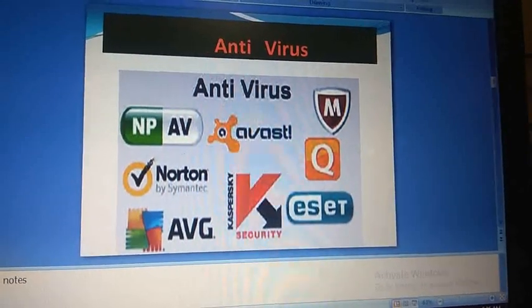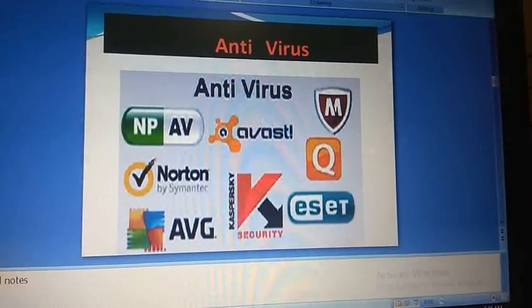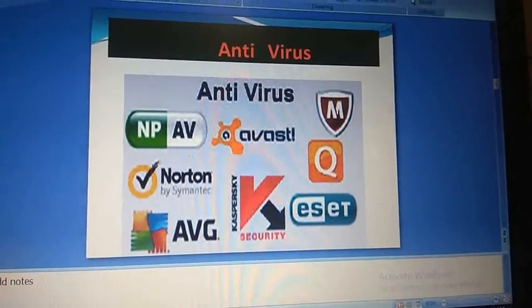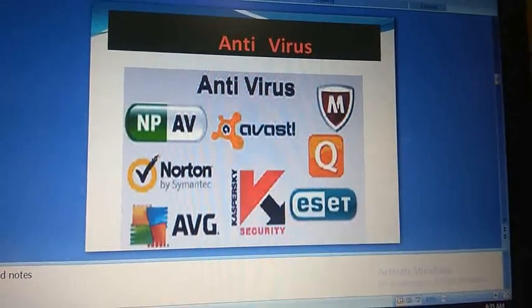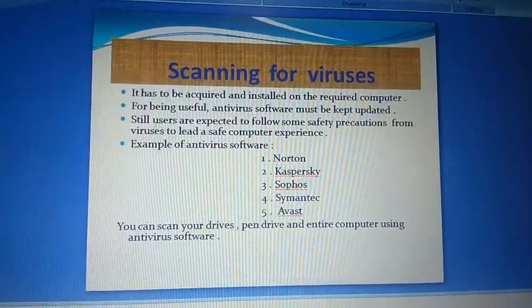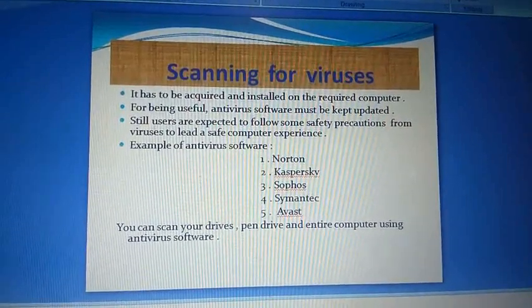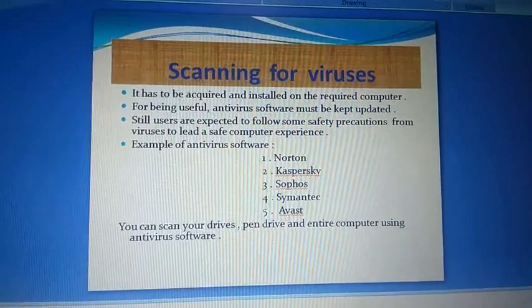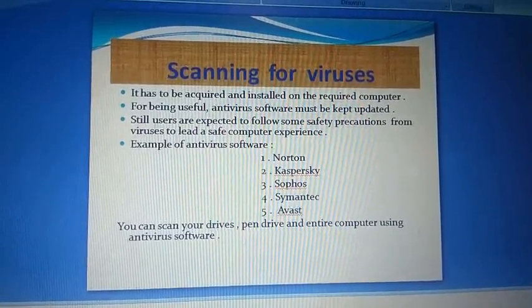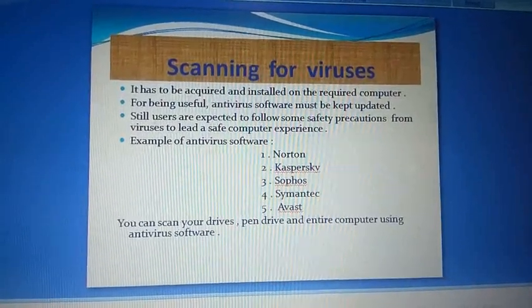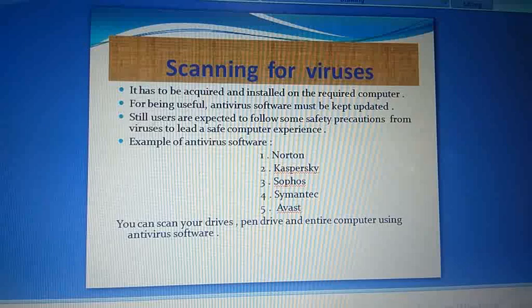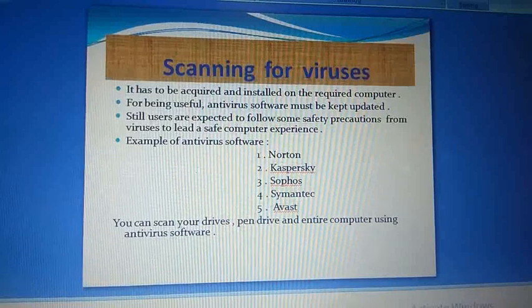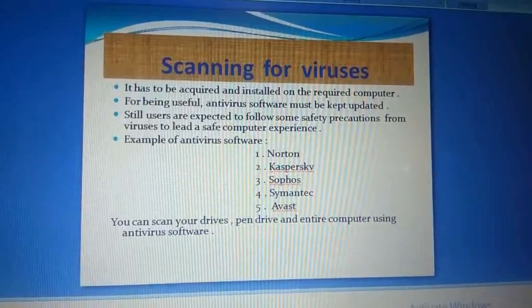It has to be acquired and installed on the required computer. For being useful, antivirus software must be kept updated. Still, users are expected to follow some safety precautions from viruses to lead a safe computer experience.